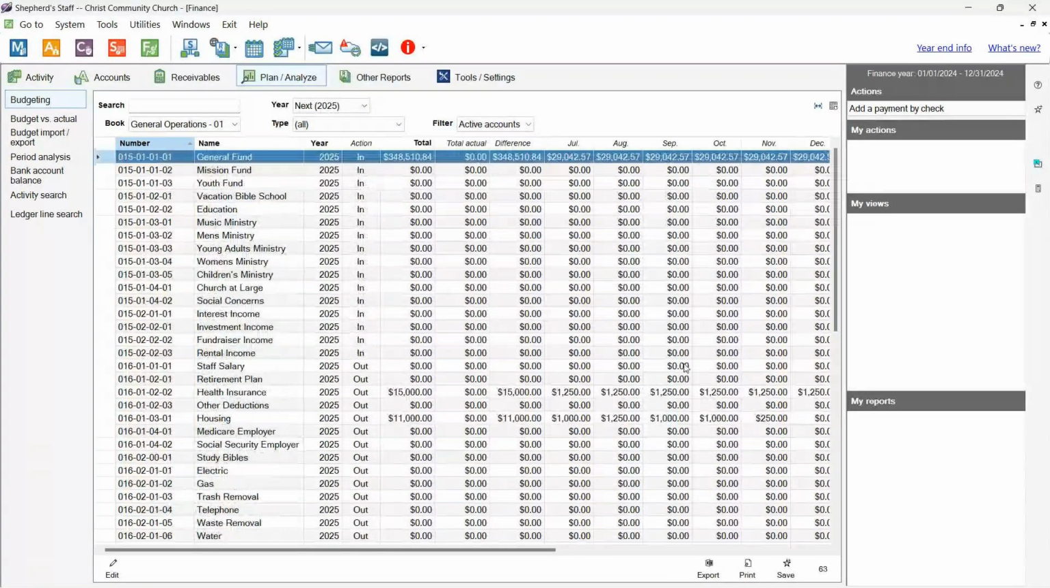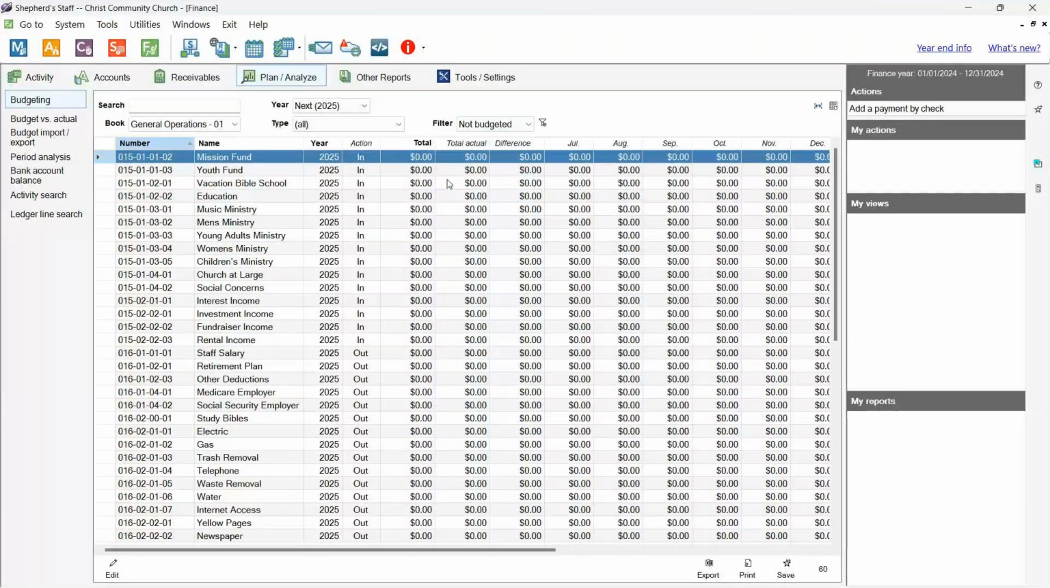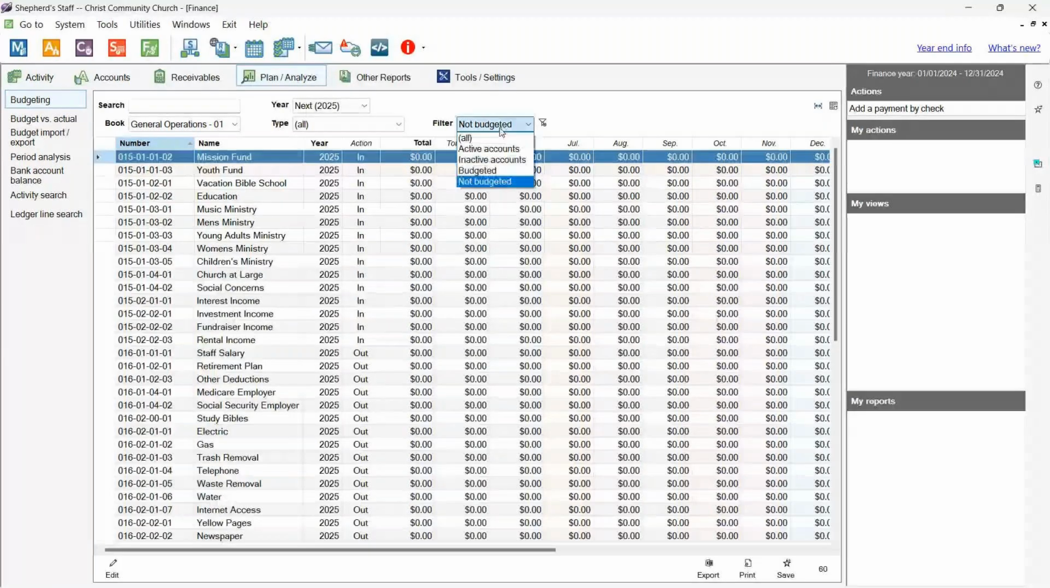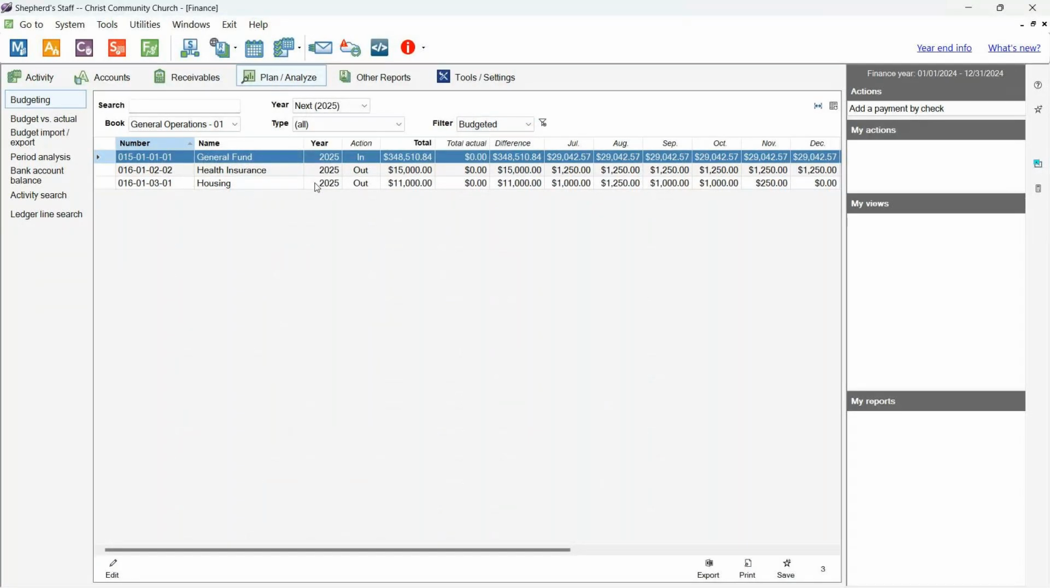I could then obviously export or print this information to present to the council and say, hey, is this exactly what you want? Are there any tweaks we need to do, et cetera, and so forth. You'll see also that I can filter and say I want to see only ones that I haven't budgeted yet, so that I could get down the list quicker and don't have to go through. Or I want to see only the ones that have already been budgeted,